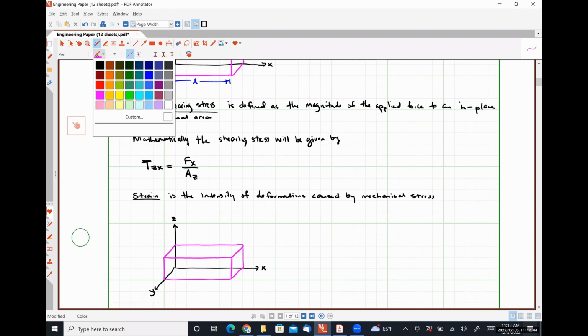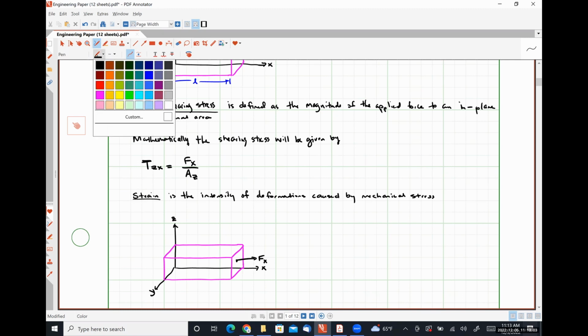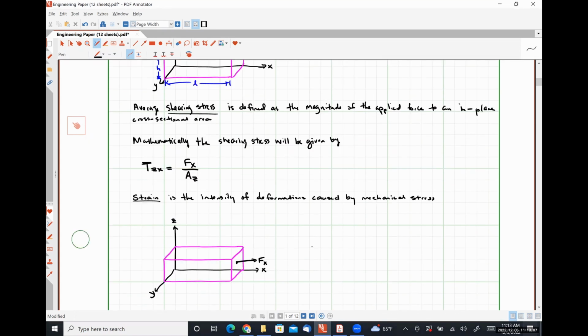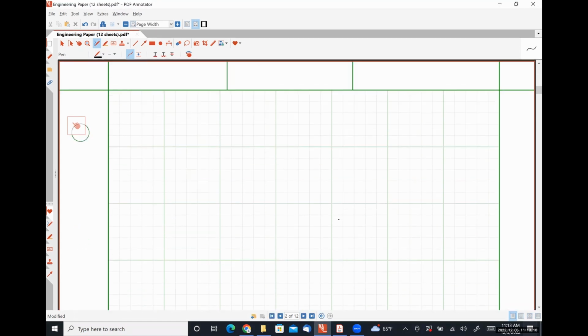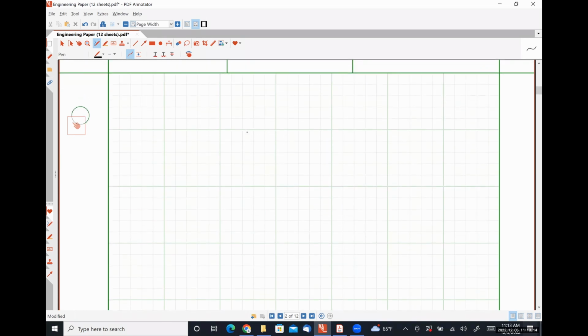If we apply some force in the x direction, what are we expecting to happen? Exactly right, a change in the length of the beam. So let me go to the next page here and draw another little picture. We should expect our beam to experience deformation in the x direction for sure, because we're applying a force